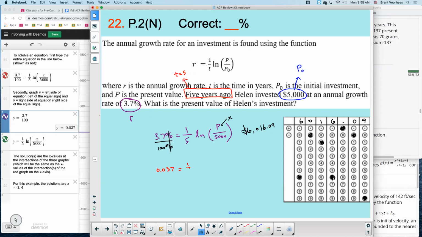If you wanted to solve this by hand, which I doubt you do, but just in case, the way you would solve this by hand is first you'd have to get rid of this fraction. Whenever you have a fraction, you want to get rid of it, you multiply by its reciprocal. So instead of multiply by 1, divide by 5, I would multiply by 5, divide by 1. If you do this on both sides,